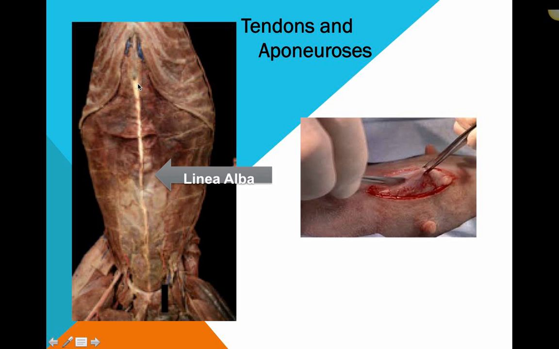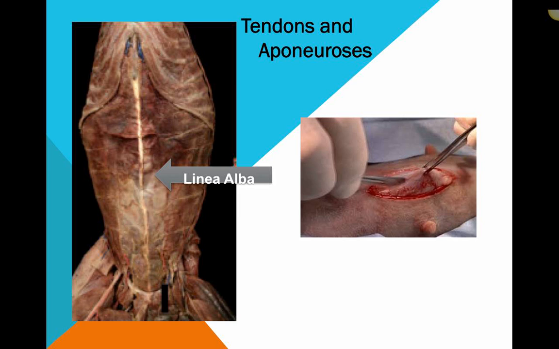It's a white line of connective tissue that reaches from the xiphoid cartilage down to the pubic symphysis of the pelvis. And that linea alba is where abdominal incisions would be made during a spay or during any sort of abdominal surgery. And the surgeons will cut along the linea alba